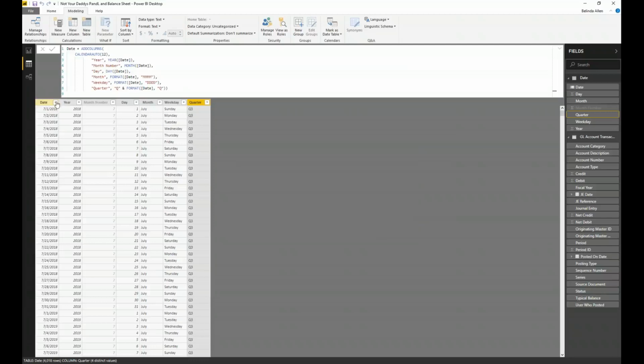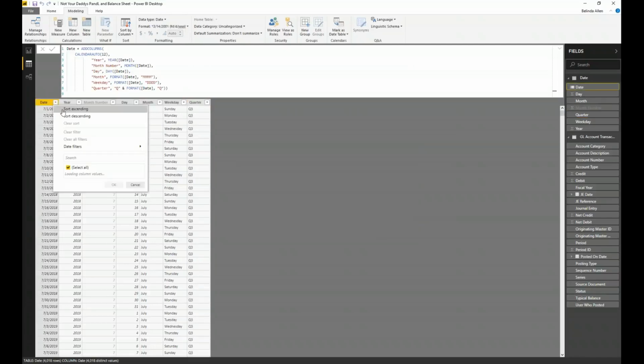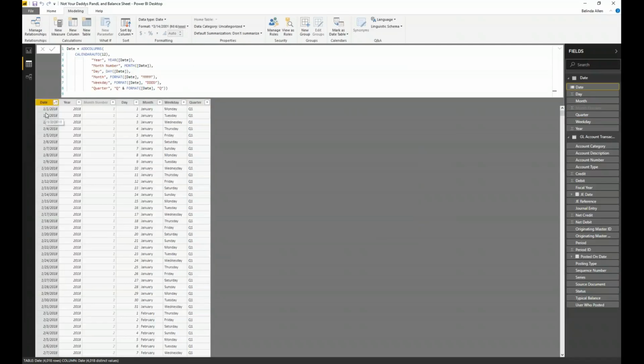Now, you might be wondering why it started with January there. If I were to sort this ascending, you notice now it goes back, or it showed July. I don't know why it just pulled it up that way, but it does have the full calendar year of every single account number that I've listed there. So that's pretty cool. All right, we've got all that done. So we're in good shape.